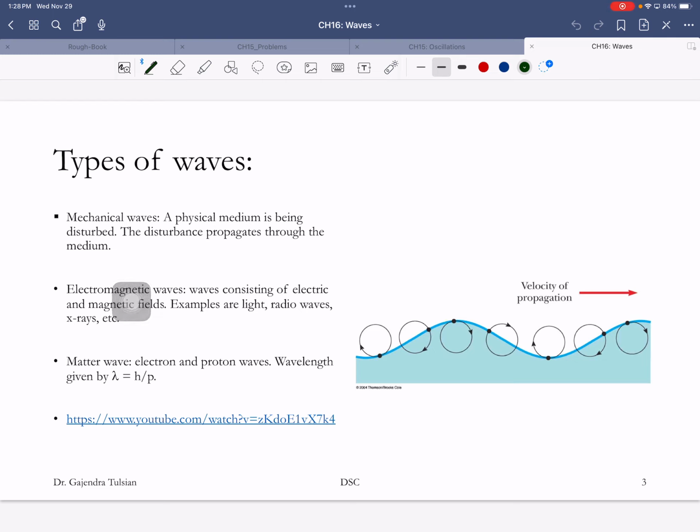Would sound be a mechanical wave? Sound wave is a mechanical wave, but an example of an electromagnetic wave? Light. So sunlight is coming to you from the sun to here through 100 million miles of perfect vacuum. Then we'll talk about matter waves. Well, we won't talk about matter waves, but